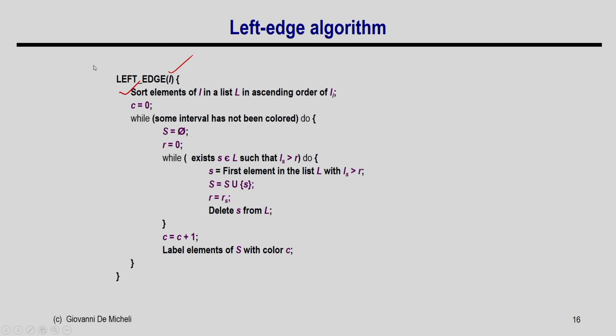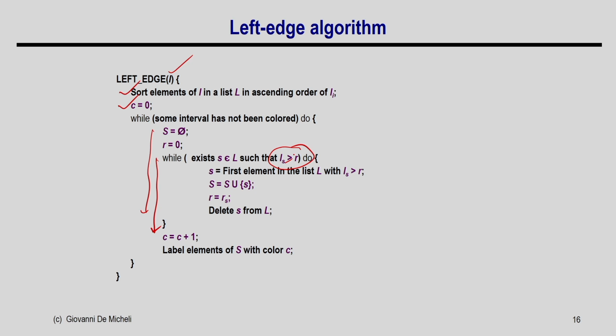Okay. And then what I am going to do? I am going to take one color at a time. Initially, say my color is C0. Then this outer loop will execute until all the intervals are over, and in every iteration inside I am going to find out the nodes that can be given that particular color, right. Now, this particular while loop identifies all the intervals that can be given the same color, and that is given by this logic, right.